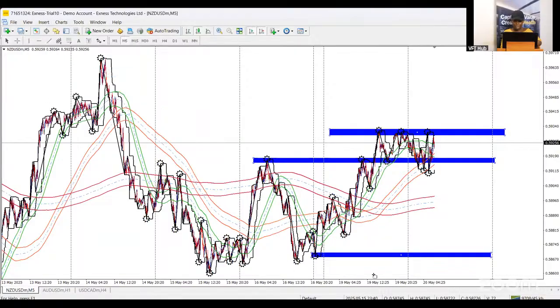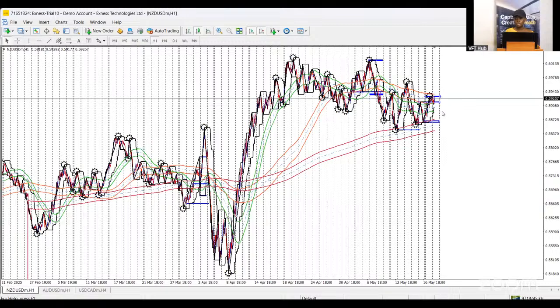It happens to have a little confluence, or very close to yesterday's low. So I am now watching out for these levels. What am I saying? I'm saying if NZD/USD breaks above this zone, we should see more buys on NZD/USD, continuation to the upside. You can see the levels we marked out on M5. So if we see a break above these levels, then it is very likely that the NZD/USD buy wants to